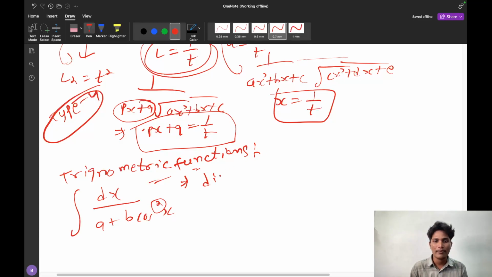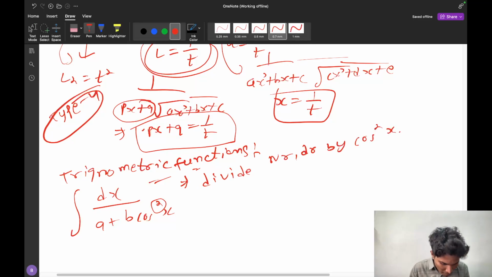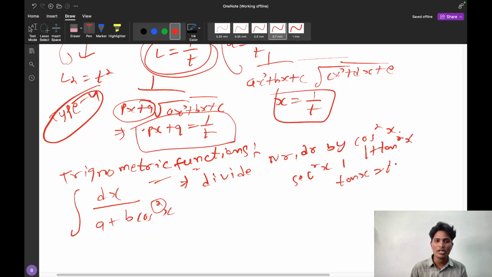In the denominator, when I divide by cos square x, I get secant square x, and the secant square x should be replaced by 1 plus tan square x,